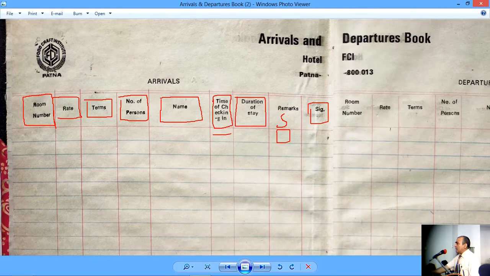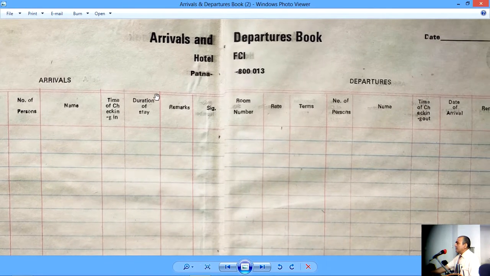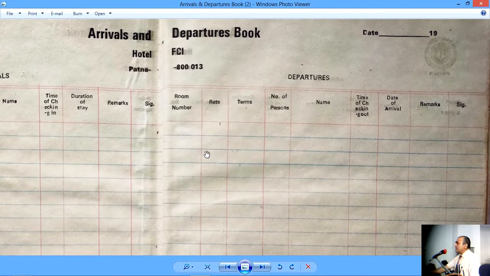Now I'll delete this illustration and I'll move on to the departure part of this register. It has some variations, as you would notice. Most of the things are same. Room number, as you saw, was same. Rate is of course like arrivals portion. Terms is same. Number of persons is also same. Name of the guest is also same.